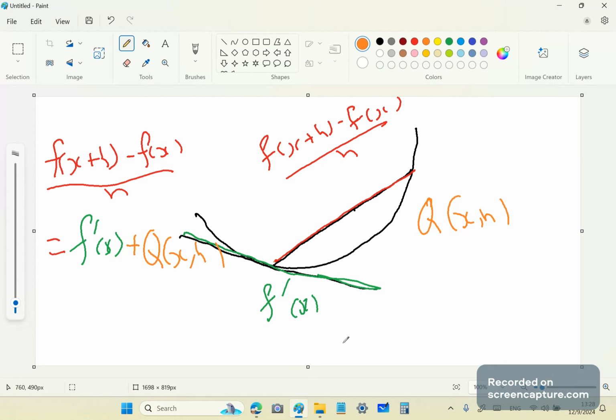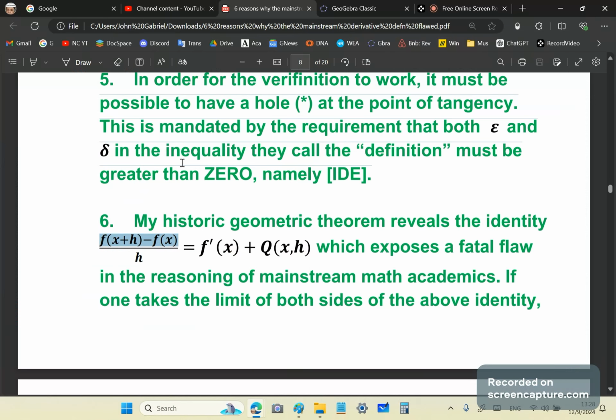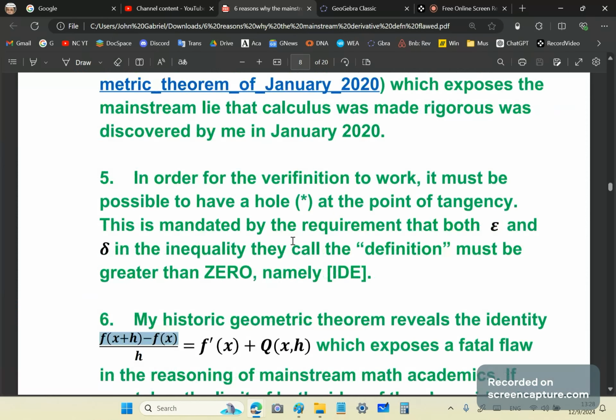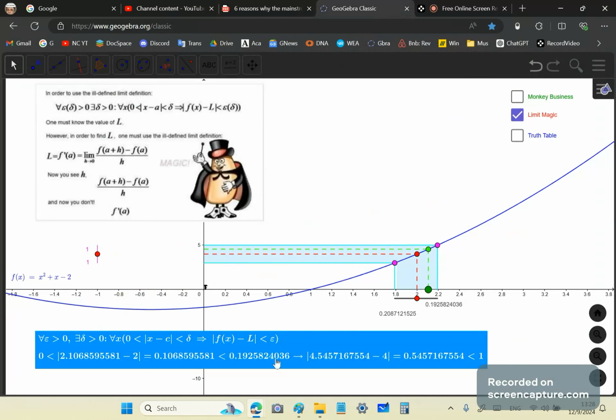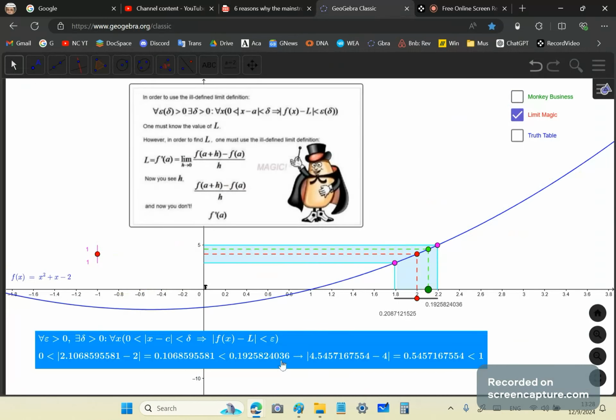For example, if you had a curve going the other way like that, then you might have a negative term, but that's not a problem because plus takes care of everything. Okay, so that is why for point number 5, you need to have a hole. And what does that mean? This is what it means. It means as you approach this limit point, this bottom statement here must be true. In other words, it corresponds to what I'm pointing to here.